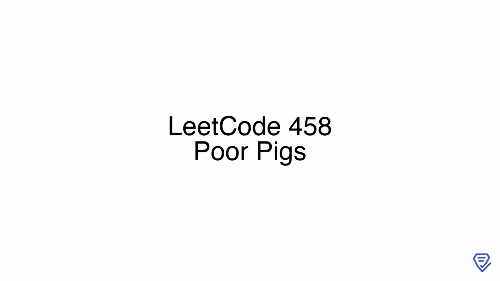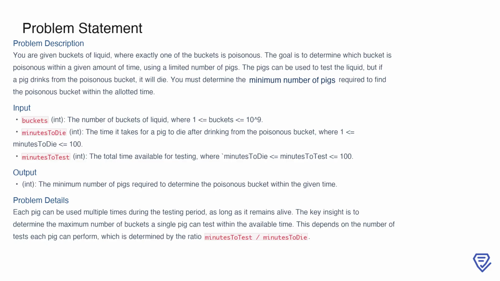Welcome! Today, we're diving into an intriguing problem, number 458, poor pigs. In this session, we'll explore the problem's core concepts and work through an approach to solve it effectively. Let's get started. In this problem, we are tasked with identifying a single poisonous bucket of liquid from a group